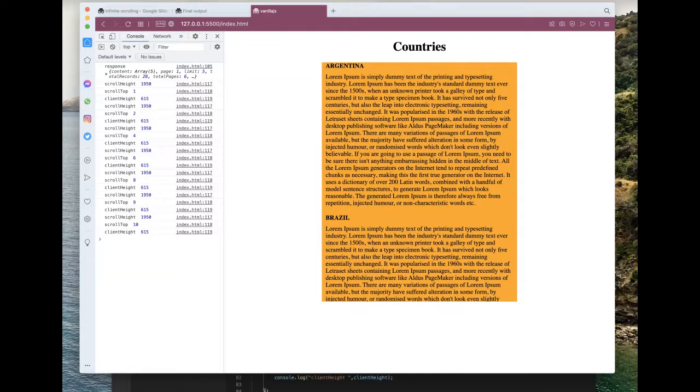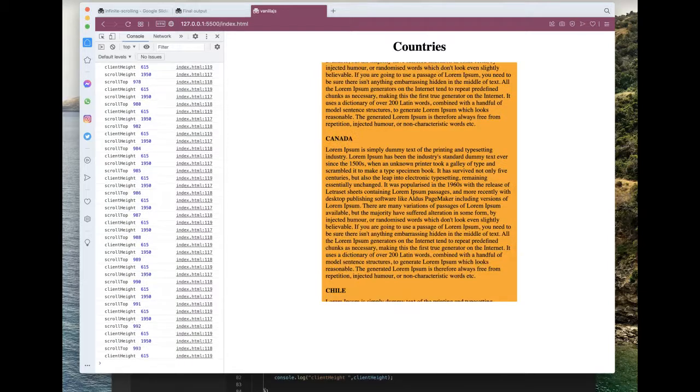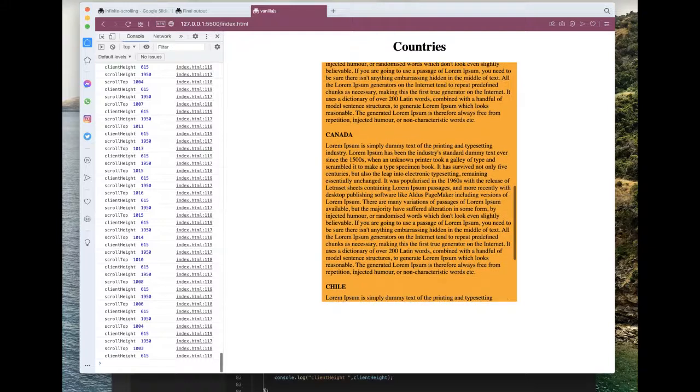So it indicates the value of the height of the entire element. On scroll, you can see scroll top is getting increased. It indicates the position of the scroll bar.